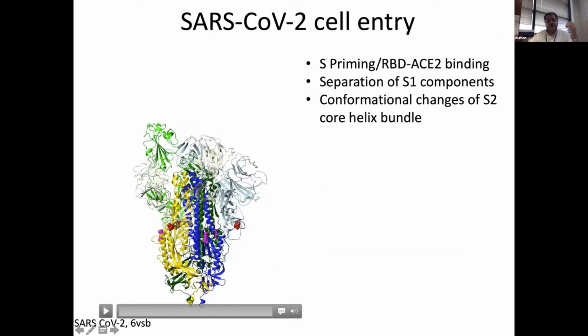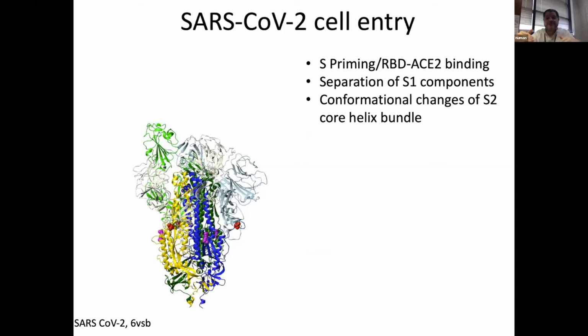So for fusion, what we can note is that the S protein needs to be primed, i.e. it needs to be cleaved into at least the S1 and S2 subunits, and it needs to bind to the ACE2 receptor. Once this happens, and we don't know exactly which happens first,